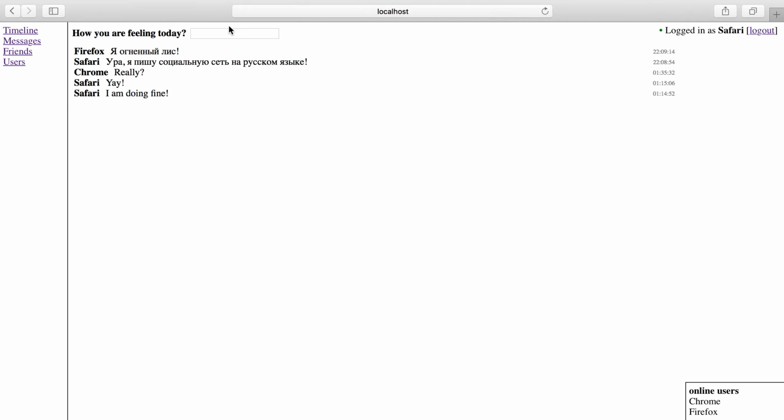But as for now, we have a lot of entries in our database because now we have test users. I will show this. We write the timeline into the timeline table, and as you can see, we have a lot of entries, and we have one entry for each user.